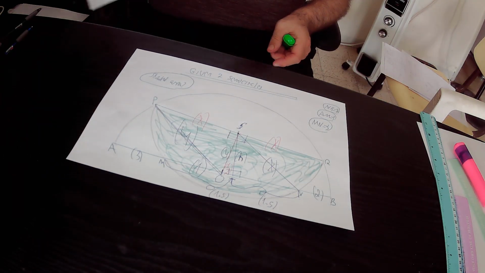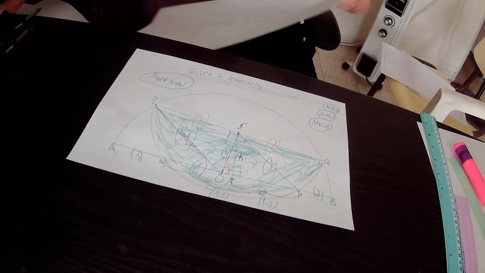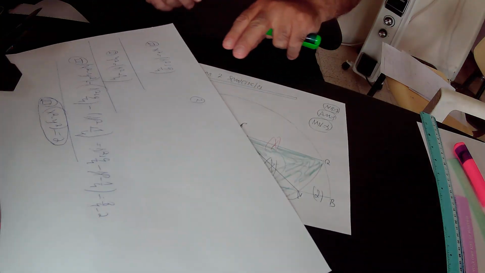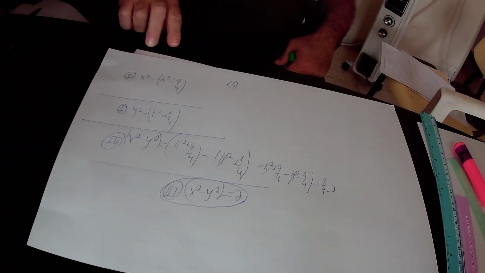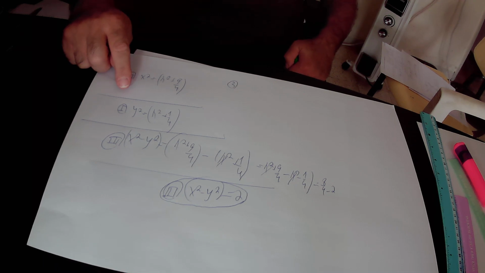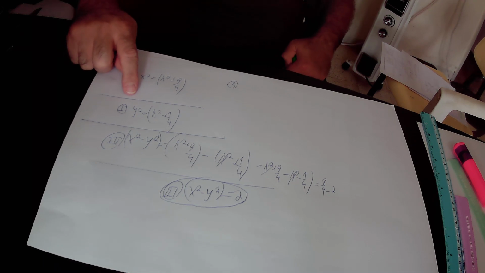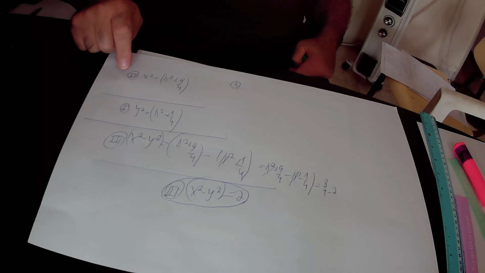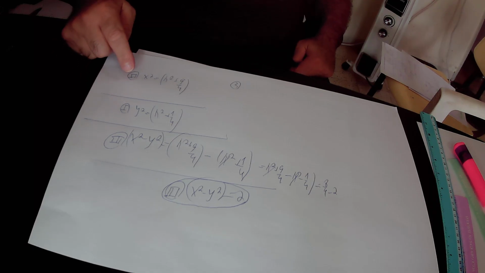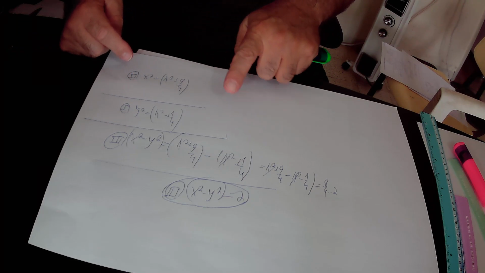We have two equations. According to equation 2, X squared equals H squared plus 9/4. And according to equation 1, we already found out that Y squared equals H squared plus 1/4. In the next step, we subtract equation 1 from equation 2. 2 minus 1. And we found out that X squared minus Y squared equals H squared plus 9/4 minus